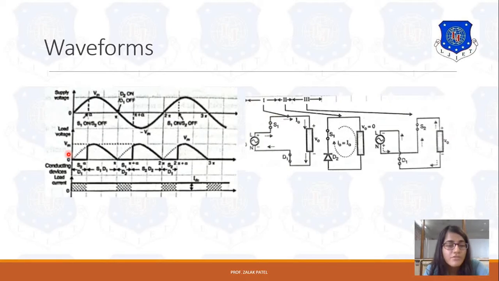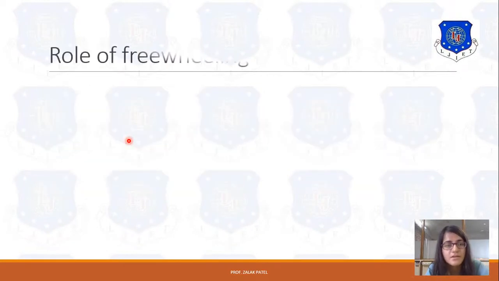So this is the operation of the symmetric circuit connection for the semi-converter. We can also discuss the same with asymmetric connection in the next session. Now first let's see some analysis points of this semi-converter circuit.